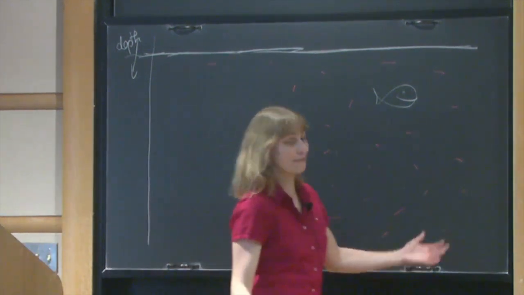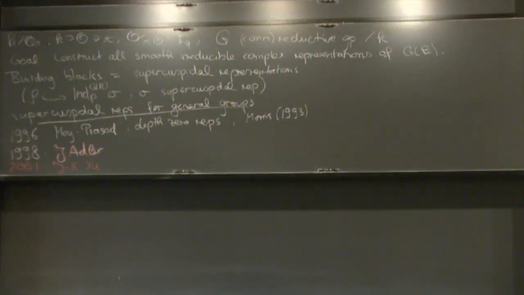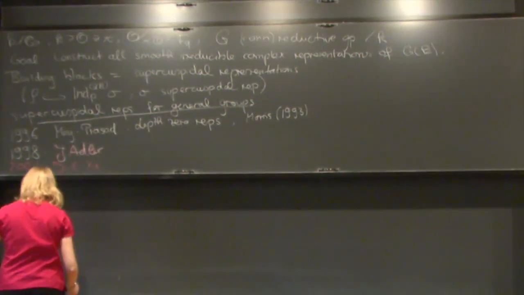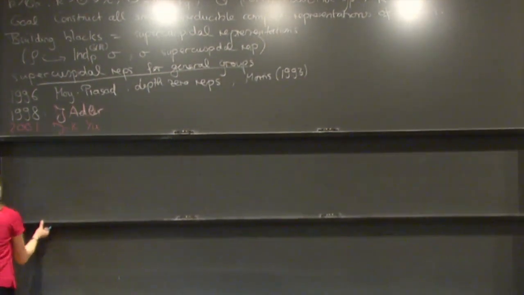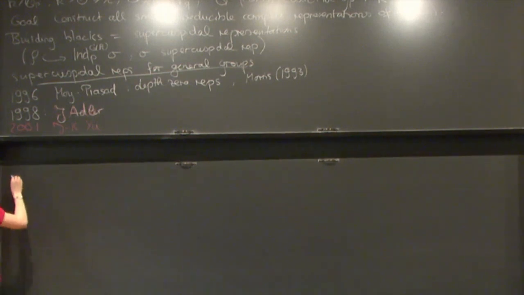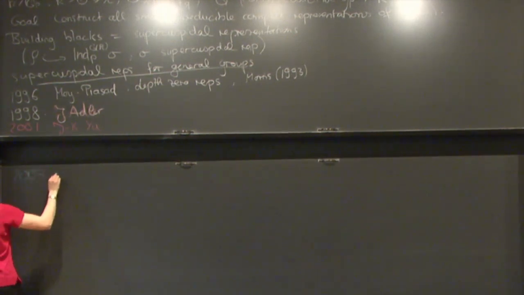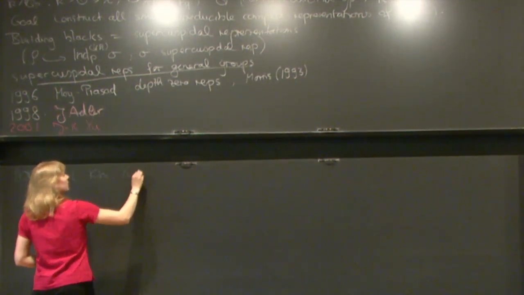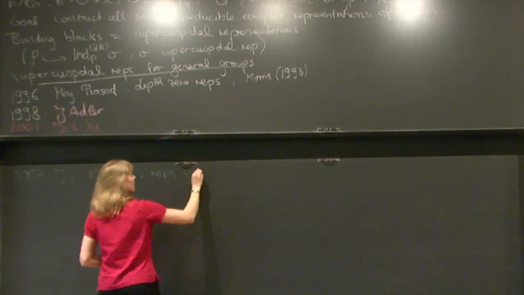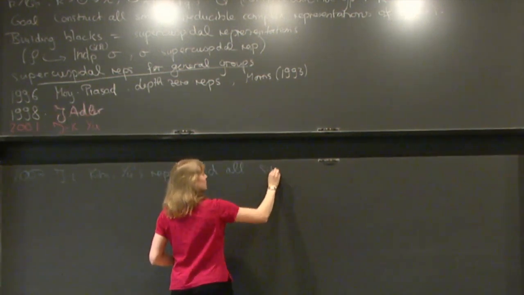Now the question is, okay, great, finally we have supercuspidal representations. It was very difficult to write them down. If we don't work with complex representations, this was unknown until very recently. But there they are. Do we have everything, or can we do better? In 2007, Ju-Lee Kim proved that actually Yu's representations yield all supercuspidal representations.